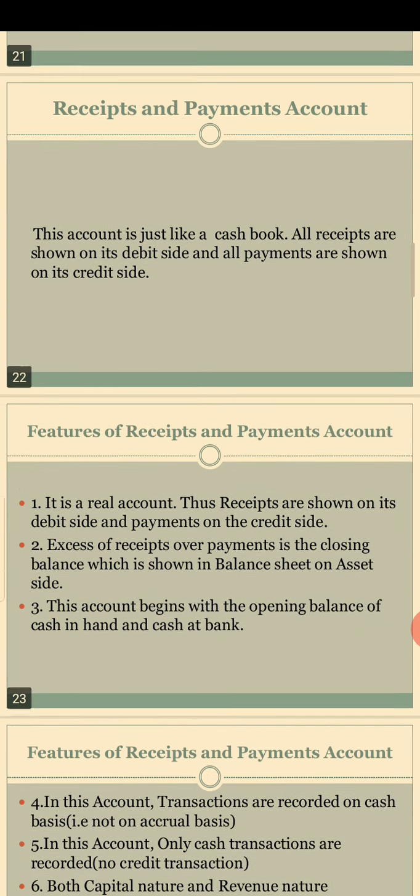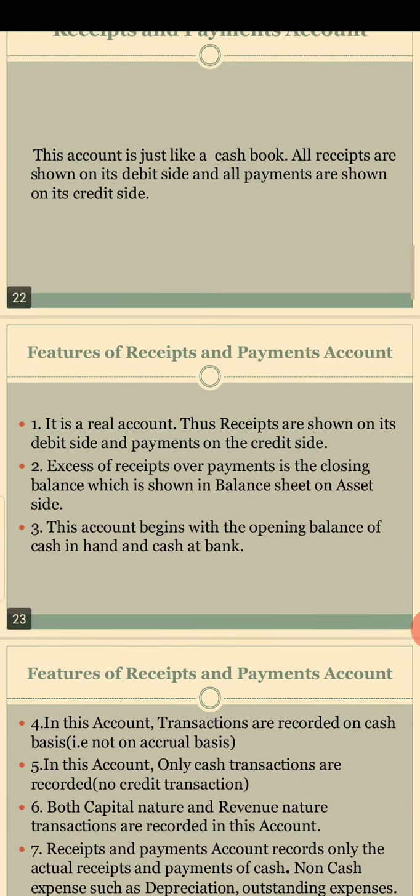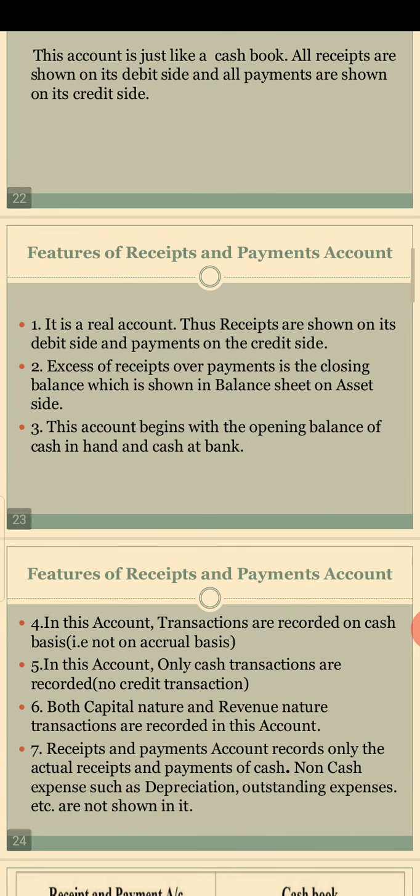So there are several features of receipt and payment accounts. First one is it is just like a real account, thus receipt are shown on its debit side and payment on the credit side. So as you know that the formula of real account is what comes in debit side and what goes out credit side. Okay, so all receipt side comes under debit side and all payment activities comes under credit side of receipt and